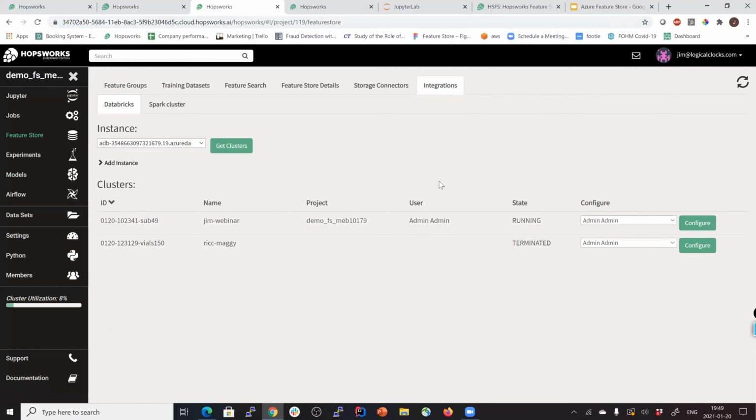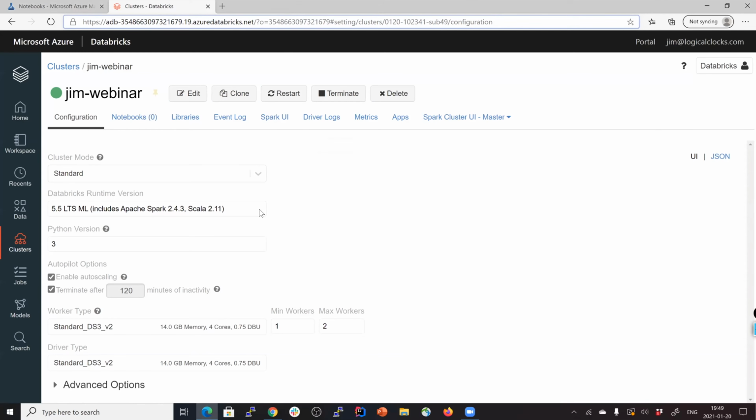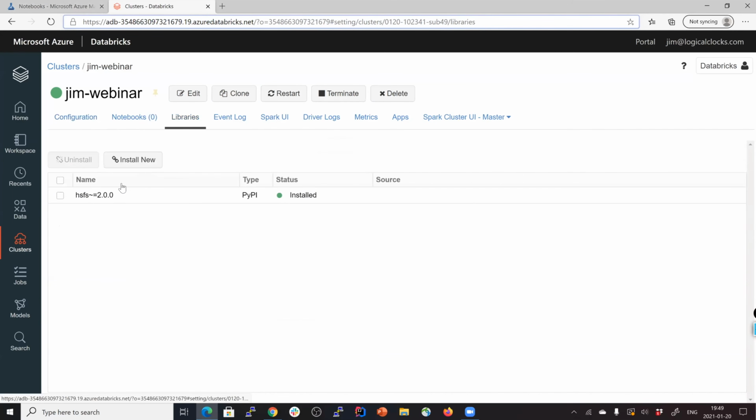press the configure button and it'll actually restart the cluster, because to install those libraries in Databricks, you need to restart the cluster. So it'll make a couple of changes to it, restart it, and point it at this feature store. The kind of changes it makes are it installs this library, HopsFS. There's an init script that it adds to the cluster as